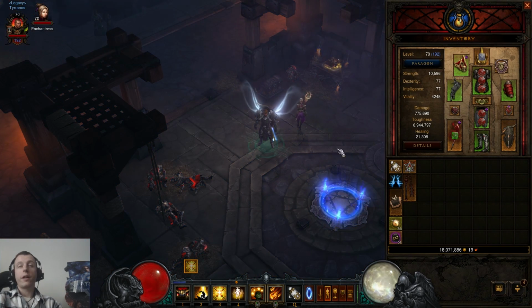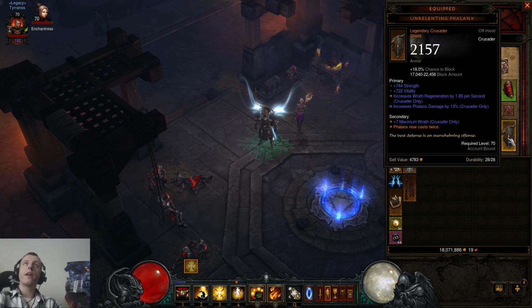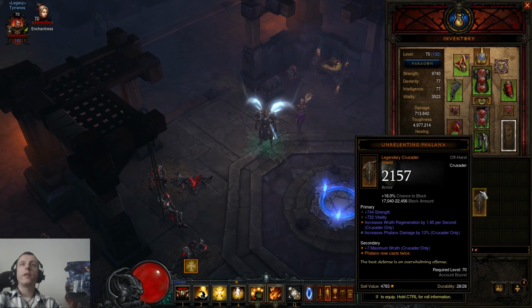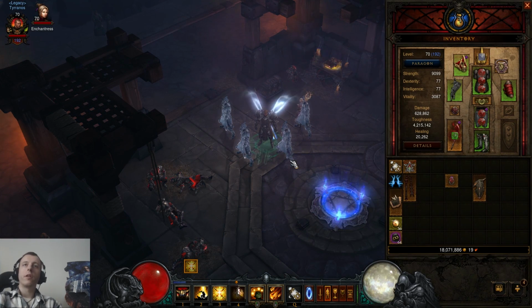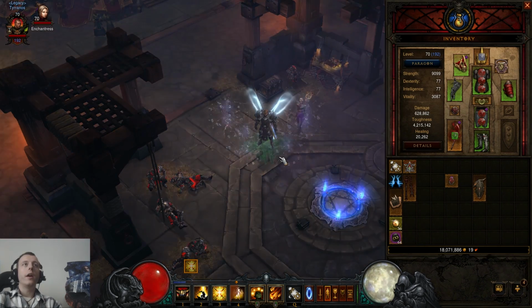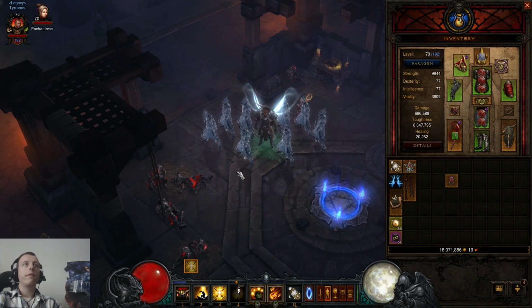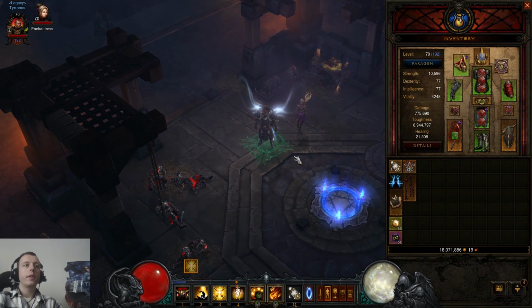And the second very nice thing with the new patch is the new Crusader shield, the Unrelenting Phalanx. Phalanx now casts twice, so you have double soldiers. So let's say we don't have any of these. If I use my Phalanx, I have 4, like you already know, right? And now they're gone. So if I put my shield on, now I have 8. And if I put my ring on, now